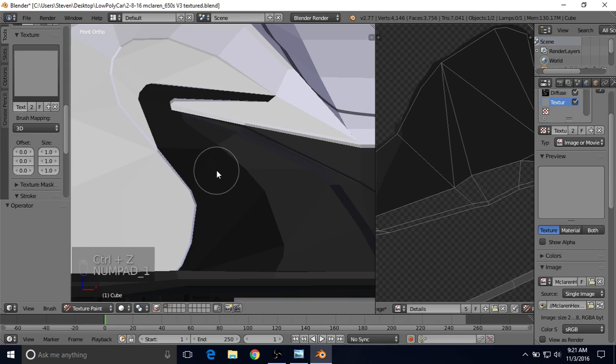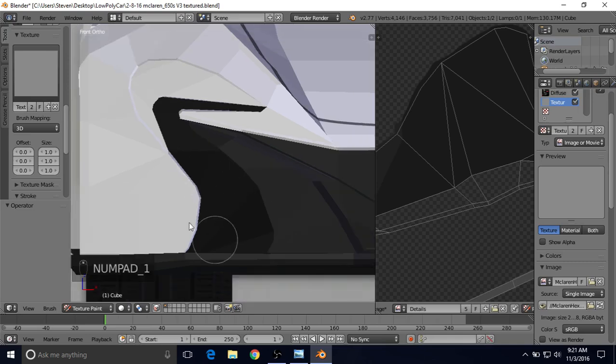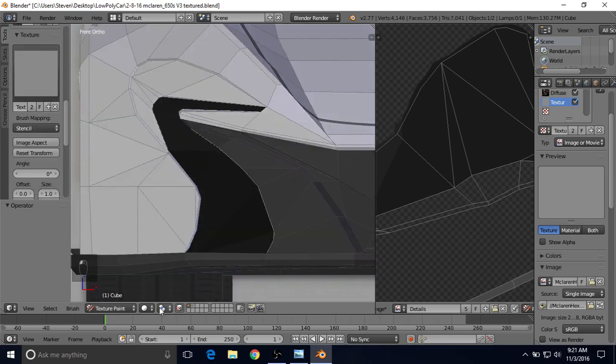So I'm going to make sure I'm in front view by pressing 1 on the number pad, go back to stencil, go back to this, make it a little bigger, start painting over again. You can make your brush bigger if you want to, so that you can paint this a little quicker. Take another look,